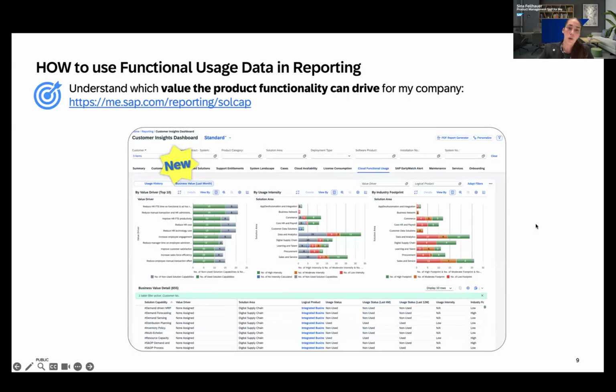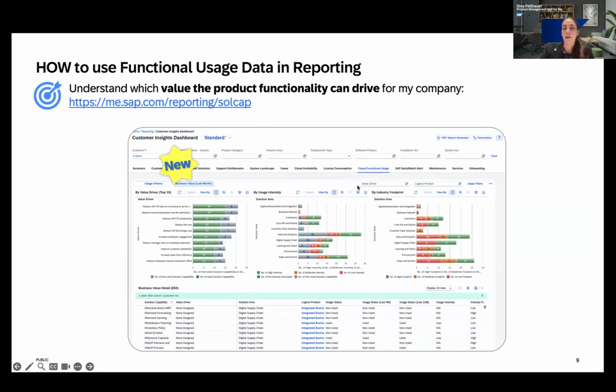And this takes the whole thing one level deeper, really offering those business insights that are so critical for you from a business perspective. First of all, we display the assigned value drivers. So there are different value drivers assigned to each solution capability and the other way around. Each value driver is assigned to certain solution capabilities which help achieve that value. And what we display here is how many of those solution capabilities per value driver have been achieved or used and non-used.